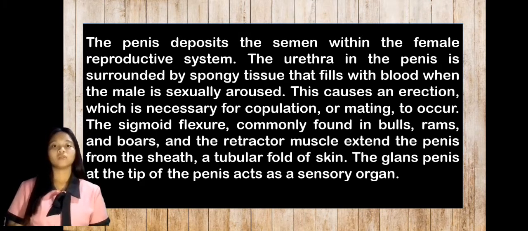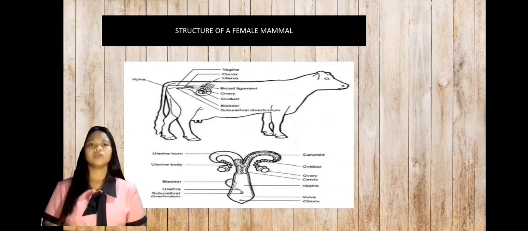The tubular fold of skin. The glans penis at the tip of the penis acts as a sensory organ. So as you can see, like the male, the female mammal has a complex system of organs that compose the reproductive system. Some major organs that make up the female reproductive tract are the ovaries, oviducts, uterus, vulva, bladder, clitoris,